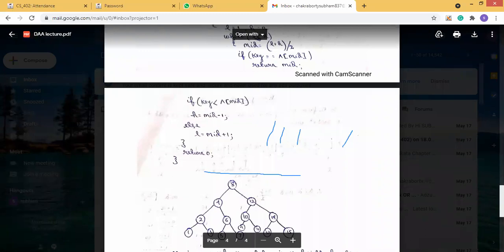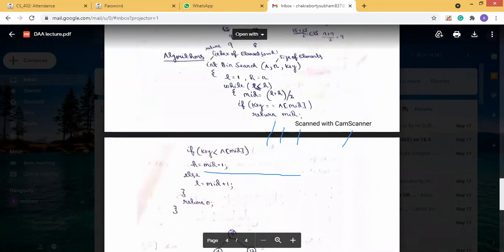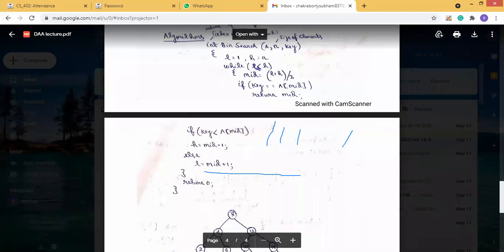The condition will be while low is less than or equal to high, then mid equals low plus high by 2.